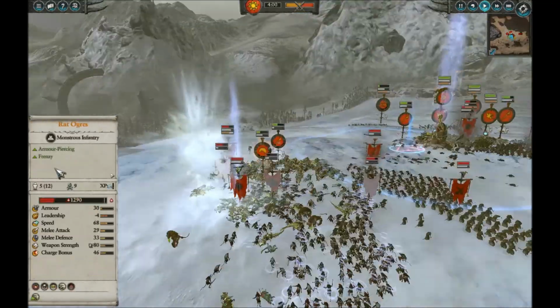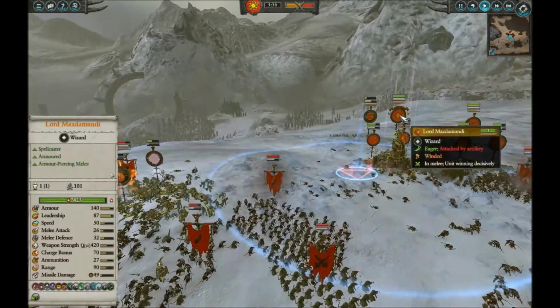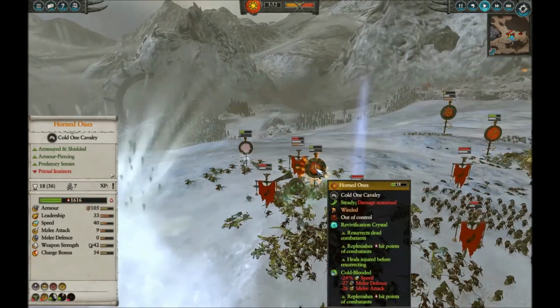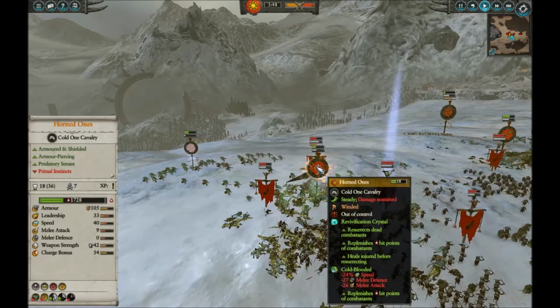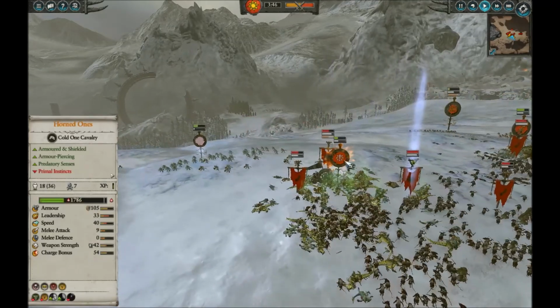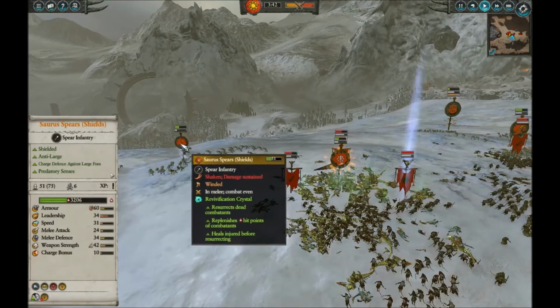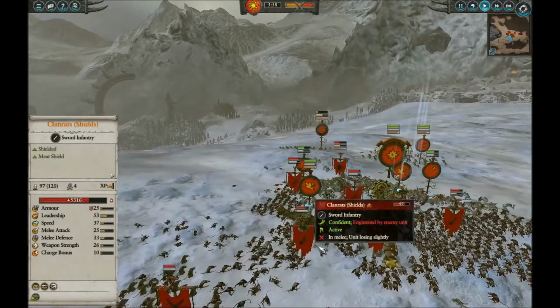I've dropped a nice little banishment into this big blob. Mazdamundi is fantastic at destroying blobs because he gets those free, wide area killing spells. I've dropped a Revivification Crystal on the Horned Ones in order to keep them in the fight, and with that healing, I'll be able to keep them in the fight pretty much all the time. These Saurus Spears also are being revived, and so they will be coming right back in. The Doom Wheel...